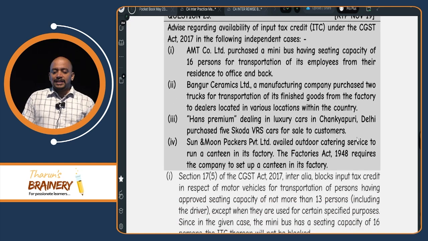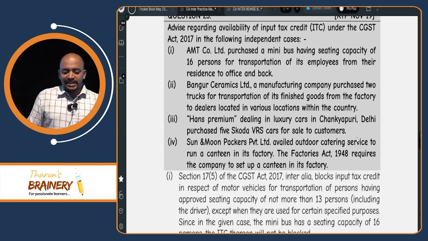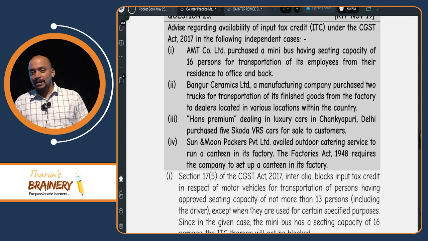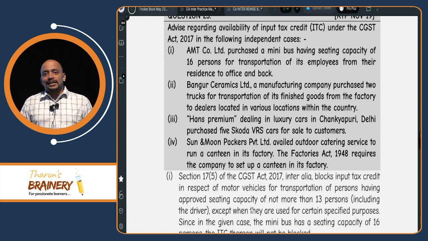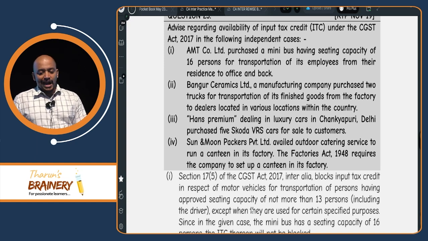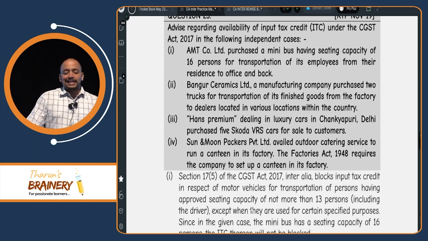Hans Premium, dealing in luxury cars in Chanakpuri, Delhi, purchased 5 Skoda VRS cars for sale to customers. So motor vehicles capacity does not exceed 13 is a blocked credit. However, it is used for further supply. Therefore, ITC is available. Sun and Moon Packers Private Limited availed outdoor catering service to run a canteen in its